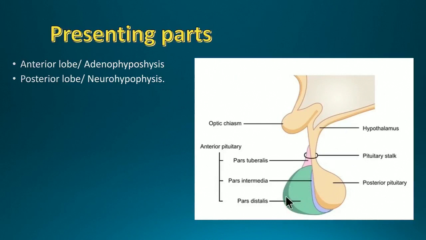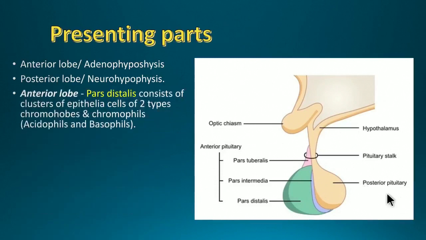Now let us get into more details about this adenohypophysis or the anterior lobe. Between these two you see an intraglandular cleft. Behind the cleft, this small area is the pars intermedia, which is the remnant of Rathke's pouch. This Rathke's pouch is not very well developed in humans. In front of the intraglandular cleft, what you see is the pars anterior, which consists of the pars distalis